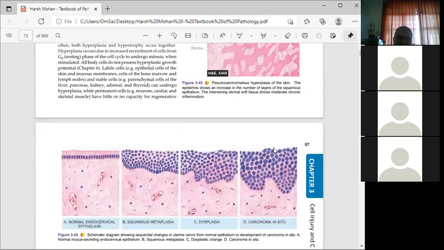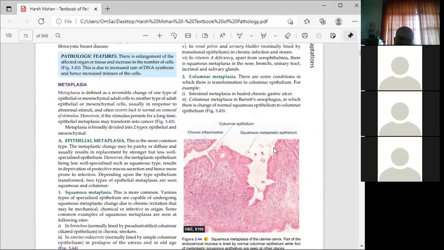Now this topic is almost over. Metaplasia is there, and in metaplasia also the same thing is happening. Metaplasia is defined as a reversible change of one type of epithelial or mesenchymal cell